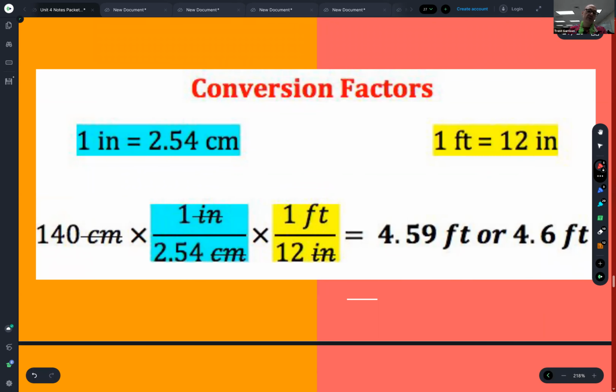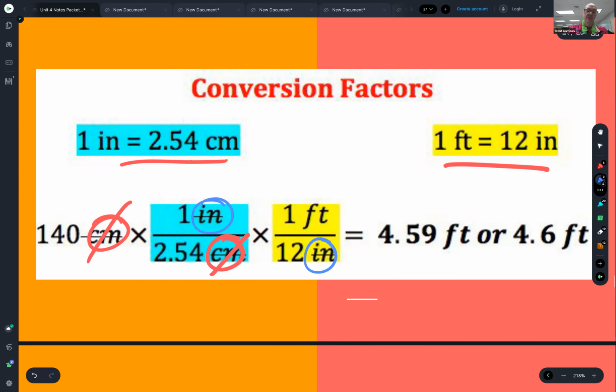So if I wanted to convert 140 centimeters into feet, I would have to know these two conversions that are possible. We've dealt with these before. That for every 1 inch, they're 2.54 centimeters. Notice how the centimeters are both diagonal from one another. Notice how then the inches are diagonal from one another, canceling out, leaving me with the unit that I desire, which is feet. Multiply across the top, 140 times 1 times 1, divided by 12, divided by 2.54, and you get